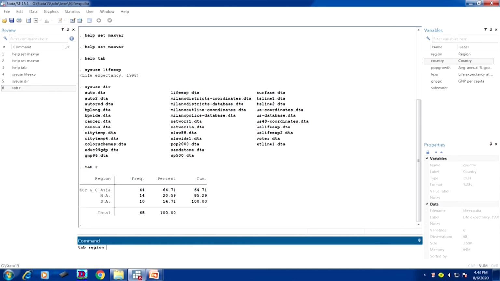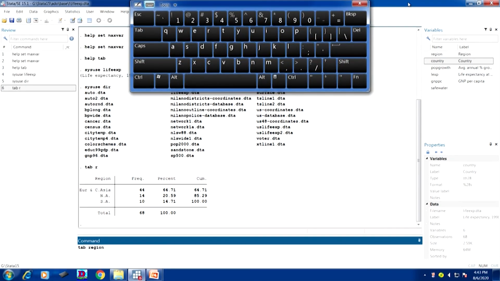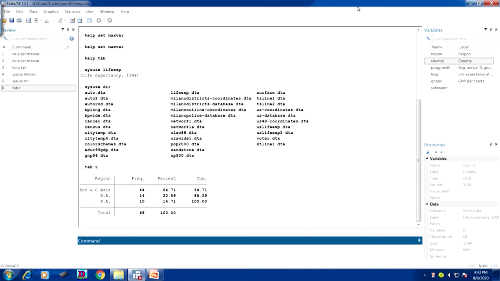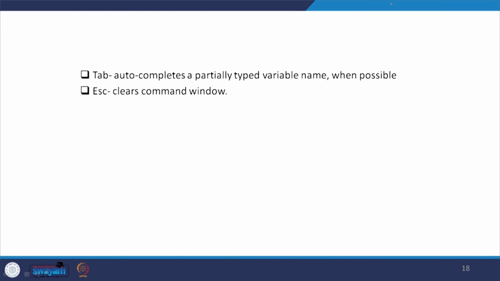If you have written something wrong, ESC, go for it. If you simply press escape, it will erase the whole command. Okay. So that is how it is important.